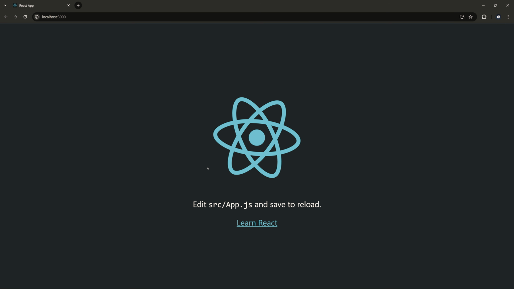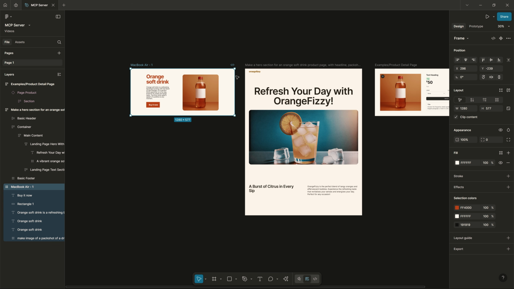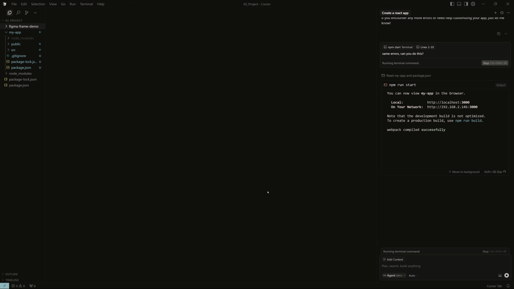The next step, I'm going to open the Figma that we had and then select one of the frames, the first one, of course, the first version that was the most unorganized design that we have in our canvas. And then while I'm selecting it, I'm going to get back to the cursor, and in the cursor, I'm going to say, get the design from Figma and convert it and add it to our React app.